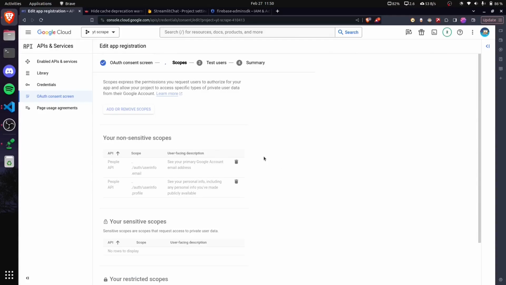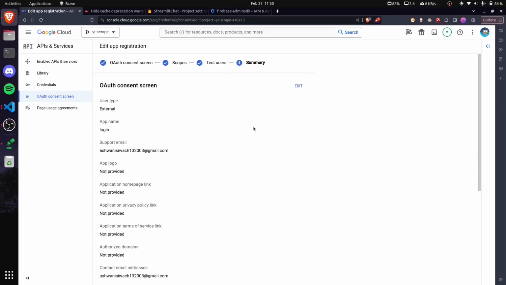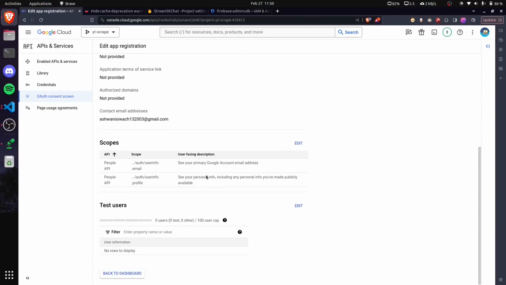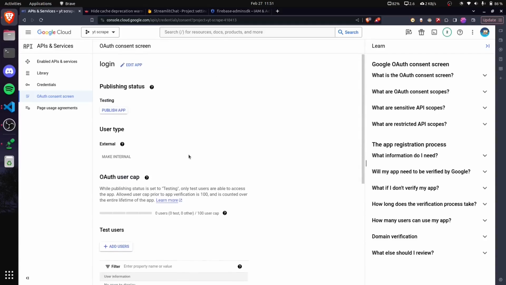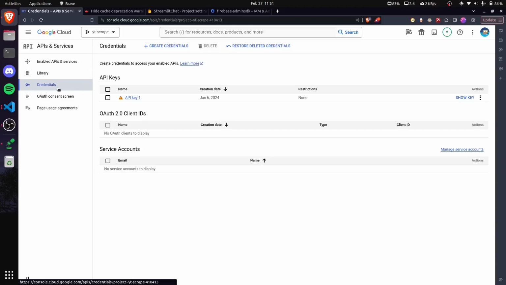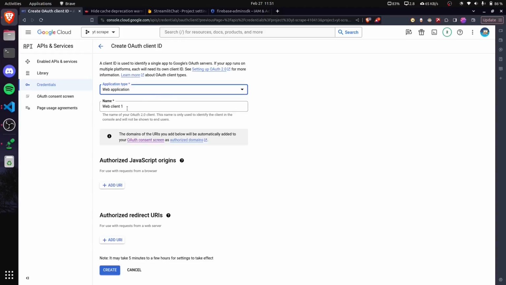Then save and continue. If you have test users, so if you are limiting your application to few users, then you can add their IDs here, then only those will be able to use it. For now, just move on, and then you can click on back to dashboard. Then we have to choose credentials. Here you will see an OAuth client ID option, and you can see there are no OAuth client IDs, so we have to create one. And this is a web application,